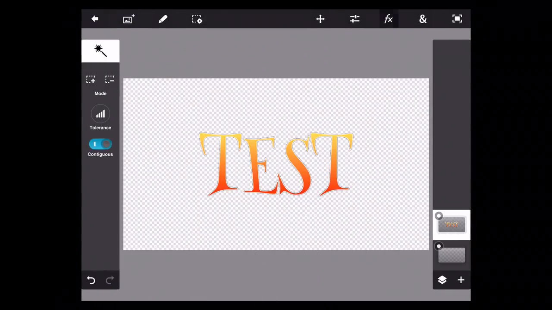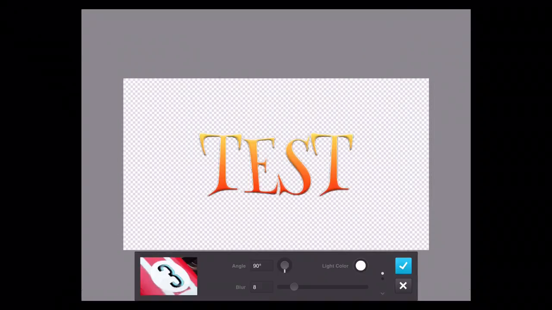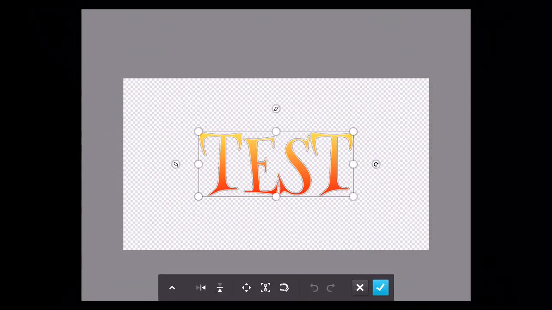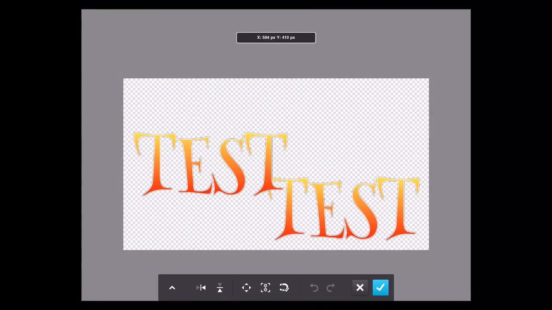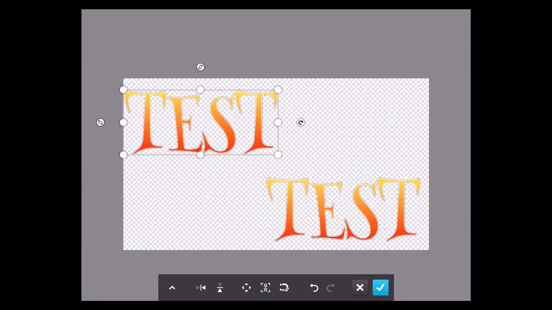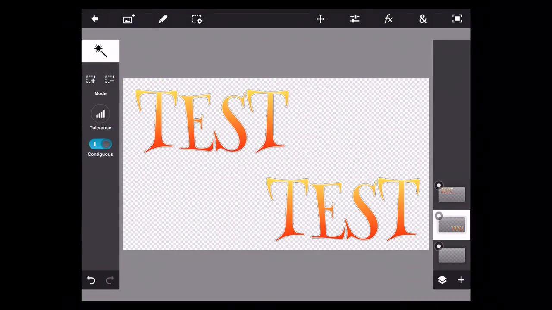So we're going to go to the effects and we're going to click bevel. Now what bevel is going to do is, here, I'll duplicate the text so you can see the difference. I'm going to put this text over here, and this text right here. The text at the top is going to be unedited, just the fresh text. The one at the bottom is going to be the text that I'm going to edit and show you guys